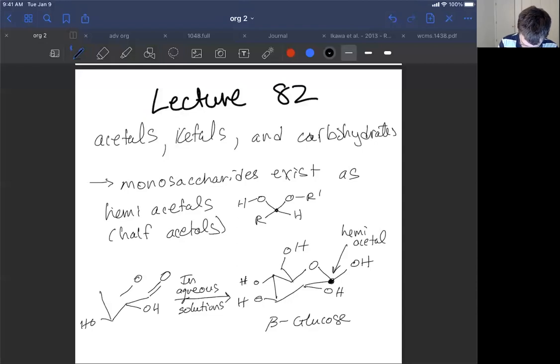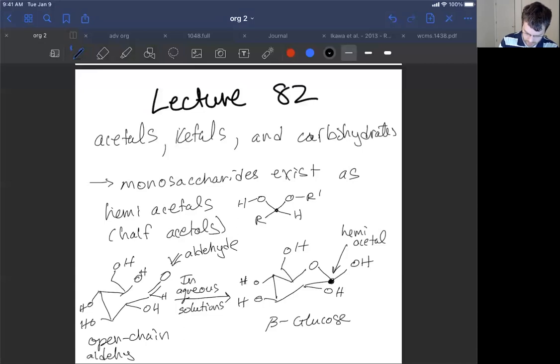I'm redrawing this chair structure. But I've got an OH and an aldehyde. So this is an aldehyde, and this is the open chain